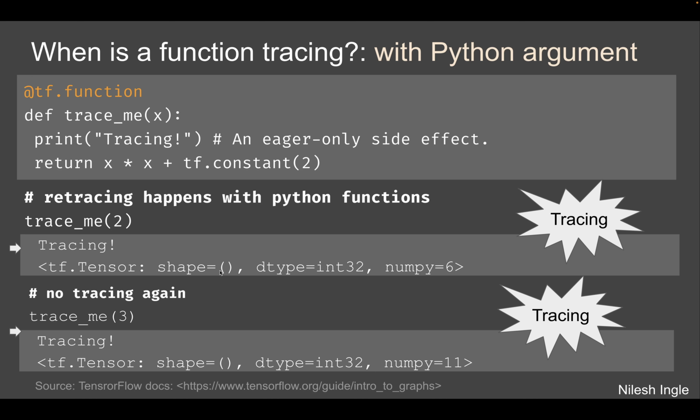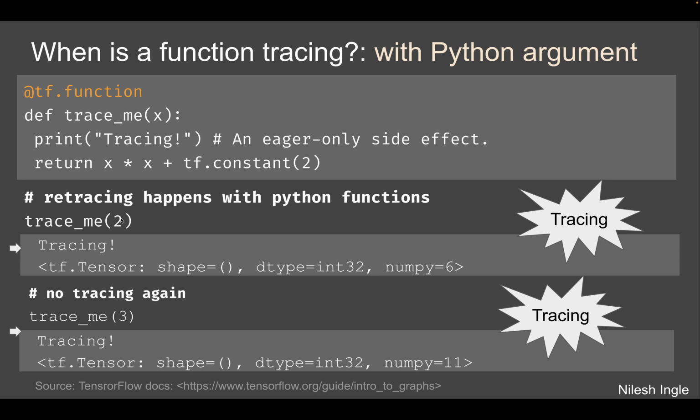We get the output for the tensor that is there, with a value of 6, and when we run this again, we get the printout for the print statement tracing, and we have the tensor value 11. This is because in both cases tracing is going on,